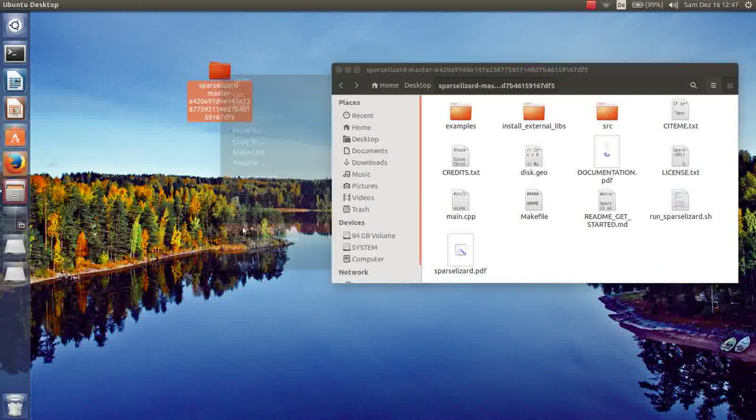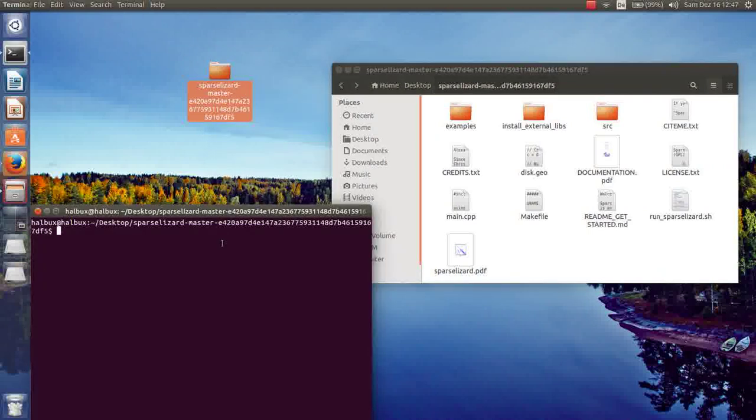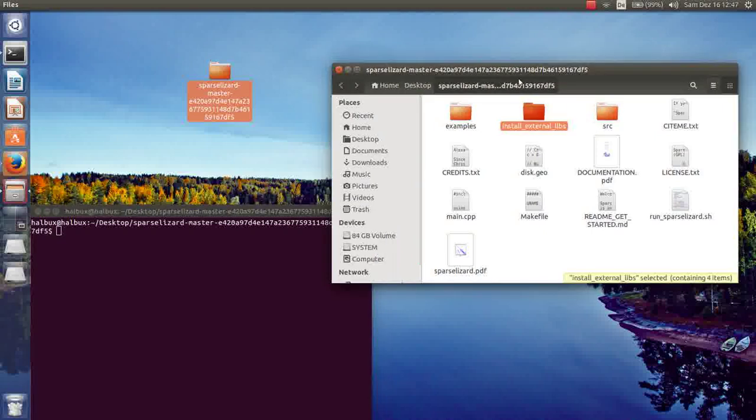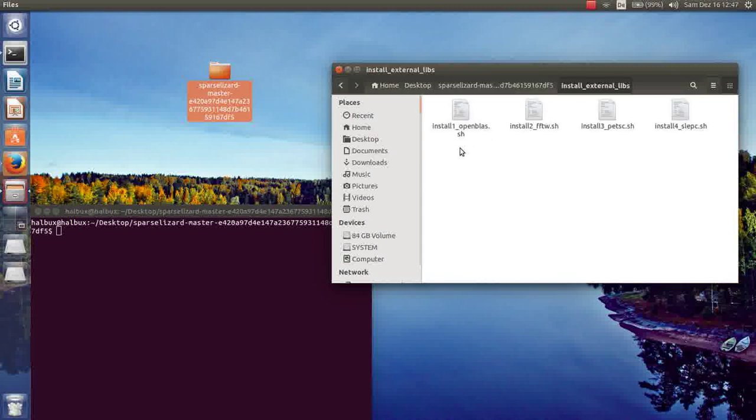Now let's open it in the terminal. Everything's really similar when you use Mac. Here I'm using Ubuntu Linux. You can see in the folder that you have the install external libs folder. This folder has a couple of shell scripts that help you install all the external libraries required by sparselizard with